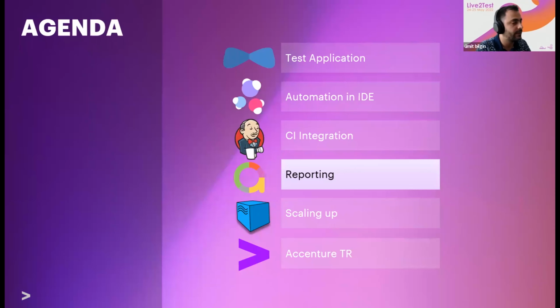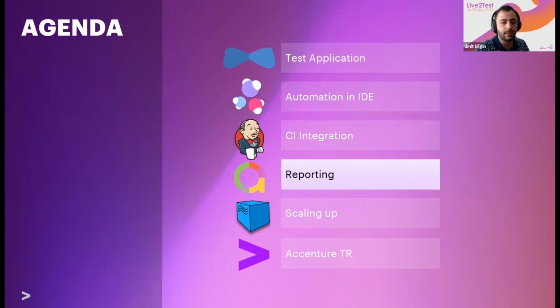The reporting tool that I'm going to show you today is Allure. I think you are already familiar with Allure, or at least have heard of it. It's a very well-known reporting tool, which has a very fancy and useful UI, many features, graphs, etc., which helps in analyzing the test execution. It also has integration with many test automation frameworks. So let's integrate Allure in our project.